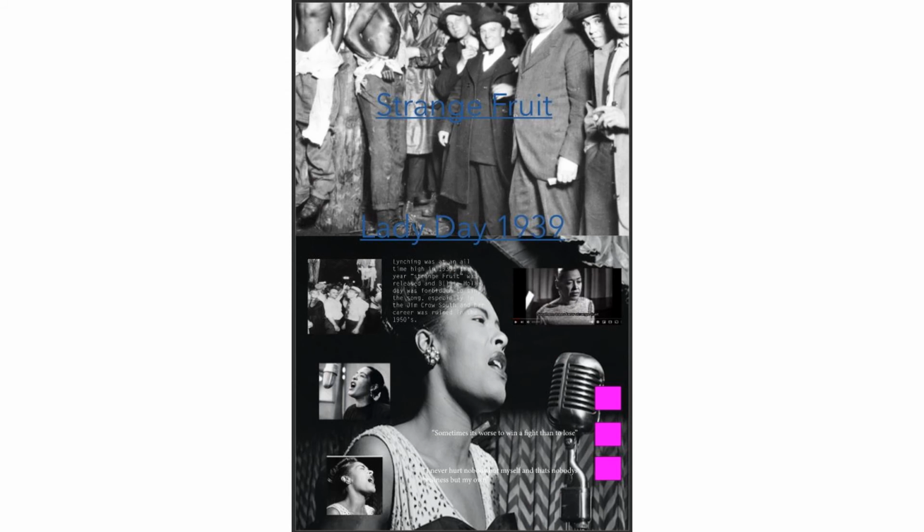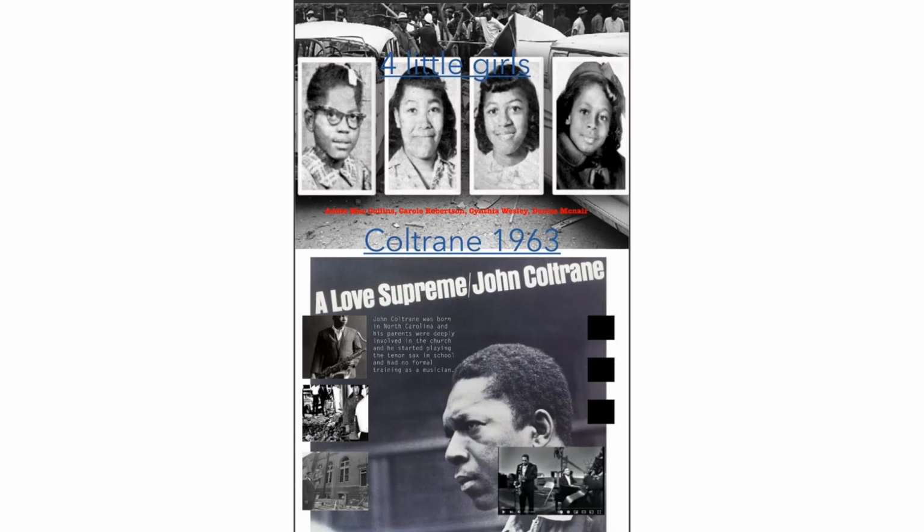And these are my posters that I did for the Dynamic Range project. My project dealt with artists, especially jazz musicians, and the causes that they dealt with during their time, like Billie Holiday and Strange Fruit, which ruined her career. But she was proud to sing it every place she went, and she eventually got shut down big time. And then, of course, there's John Coltrane.